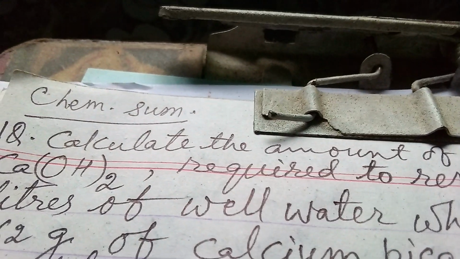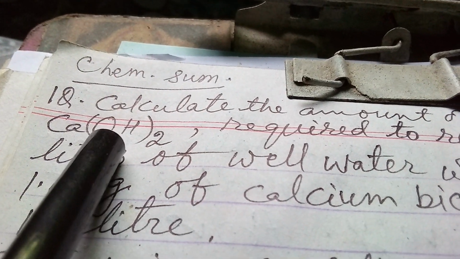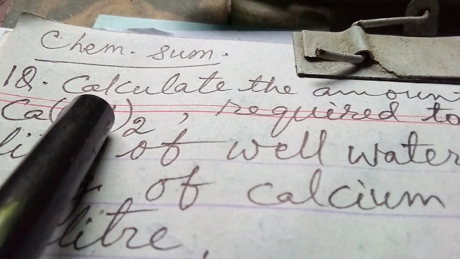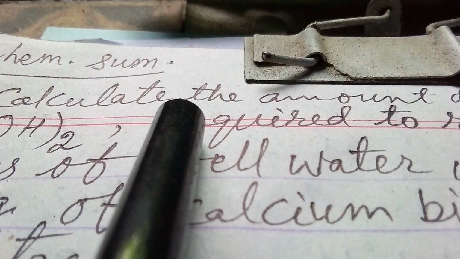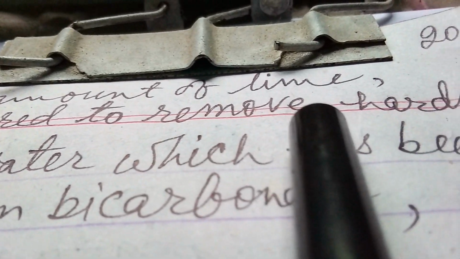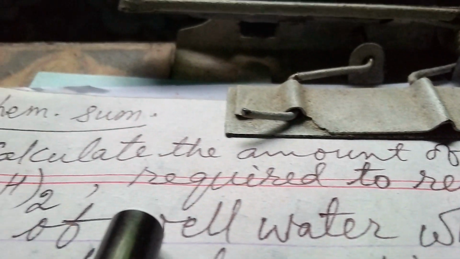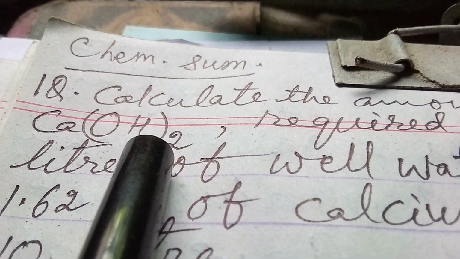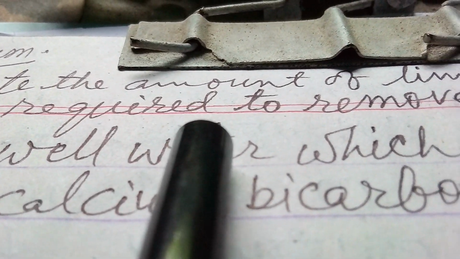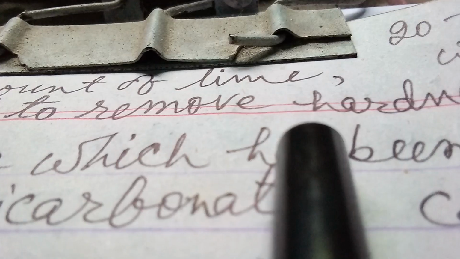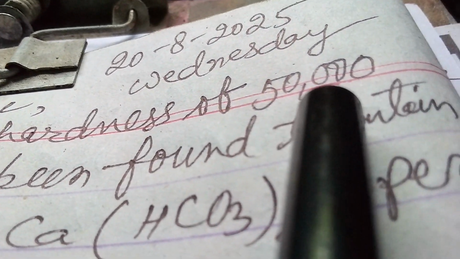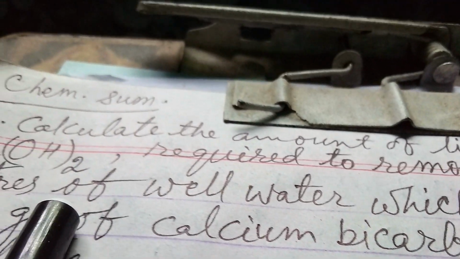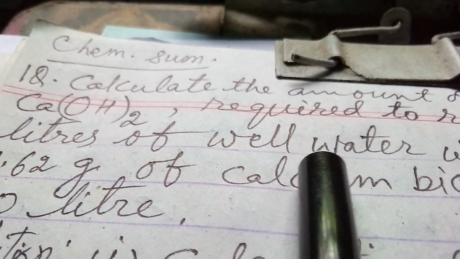My dear students, I'm going to explain two questions in chemistry, chemical calculations. First question is: calculate the amount of lime, that is Ca(OH)2, calcium hydroxide is called lime, required to remove hardness of 50,000 liters of well water,